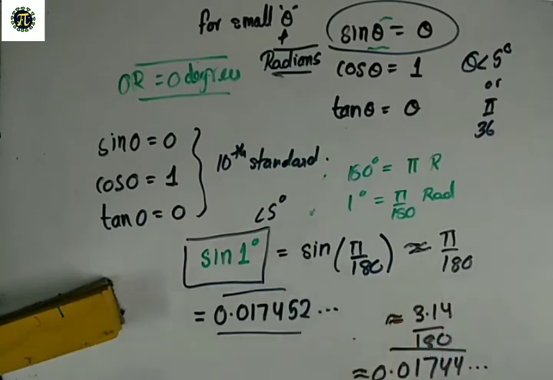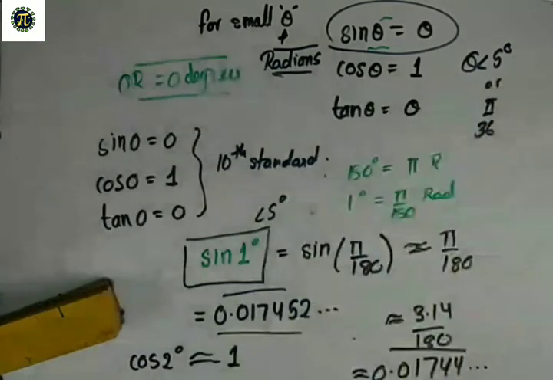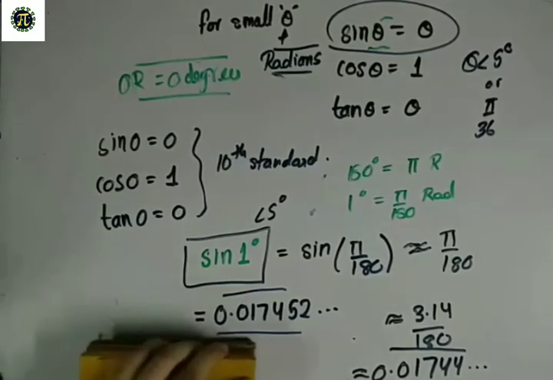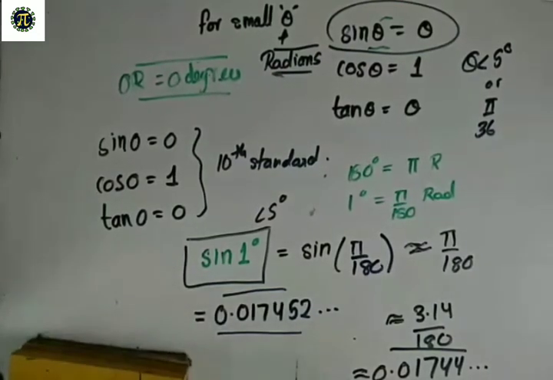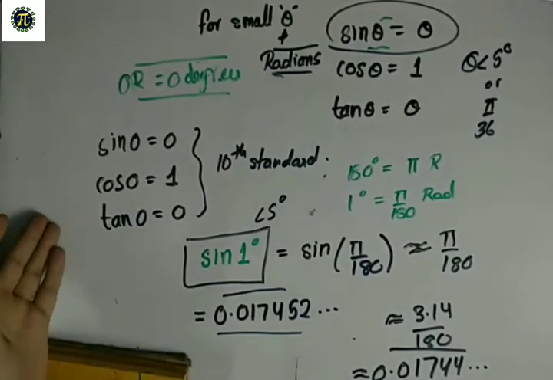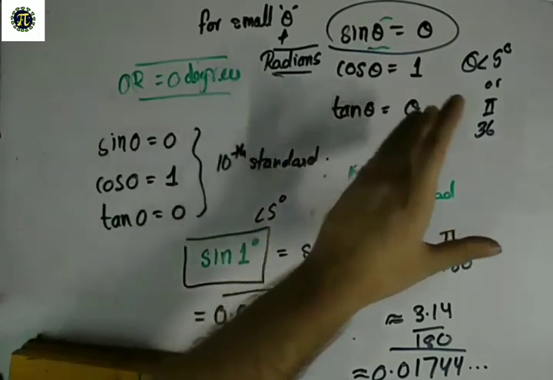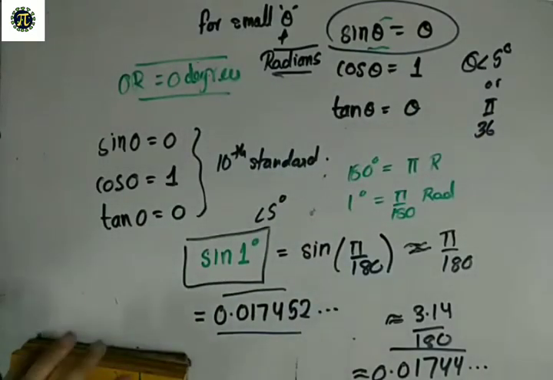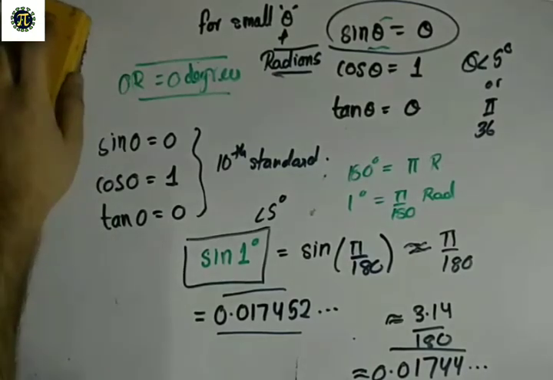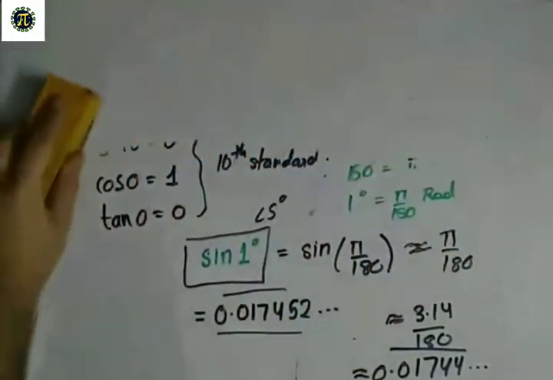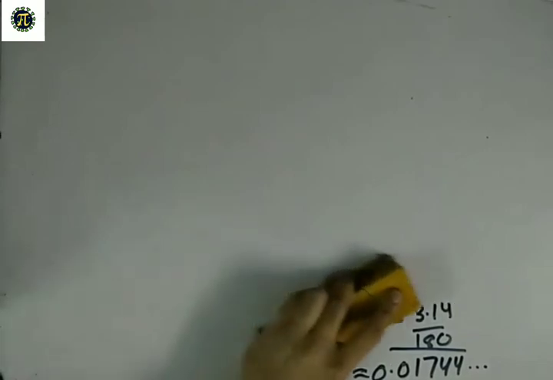You can do more questions from this. If I ask what is cos 2 degrees, you will say approximately 1, right? It's approximately 1, not always, but up to 5 degrees, let's say, for small angles. But for tan, if I say find the value of tan 3 degrees, you will convert 3 degrees into radians, and that angle will be the answer. The answer should be in radians. So there is more use of putting the angle in radians. It's a very useful thing.